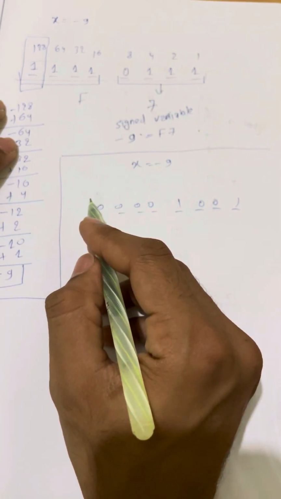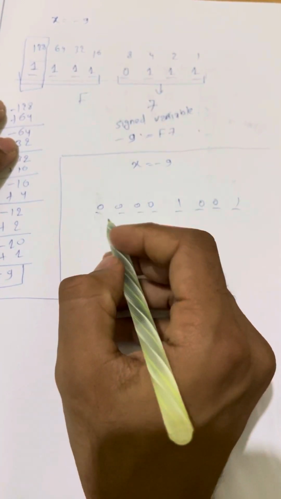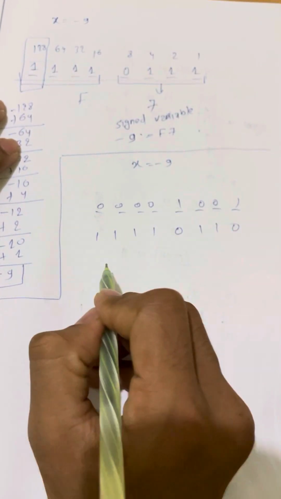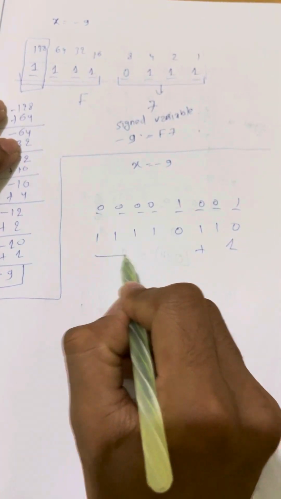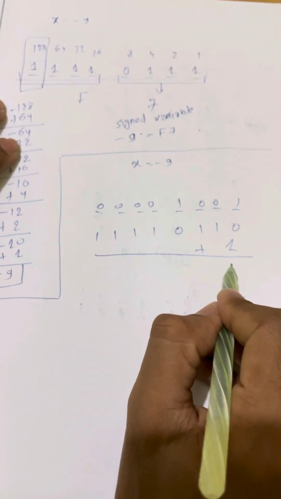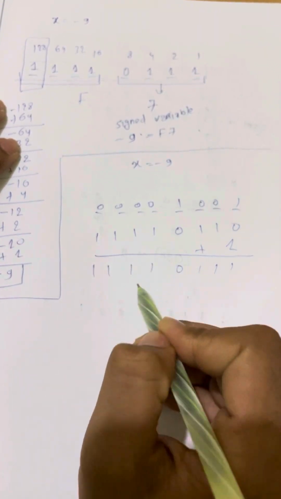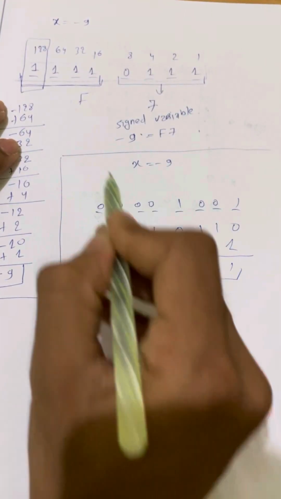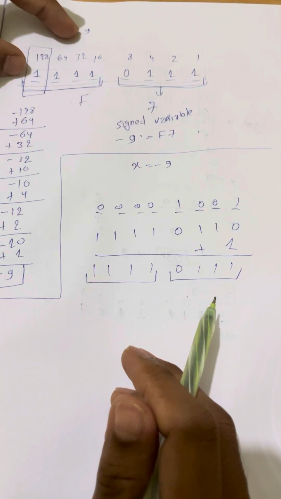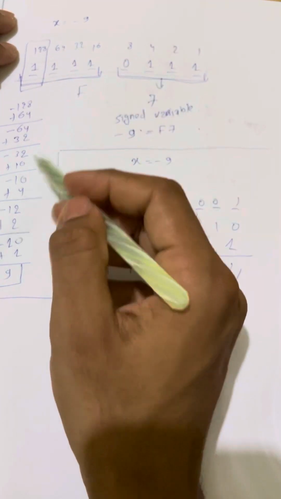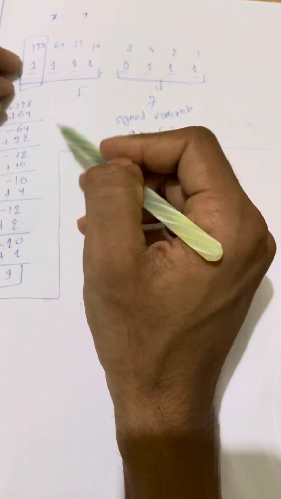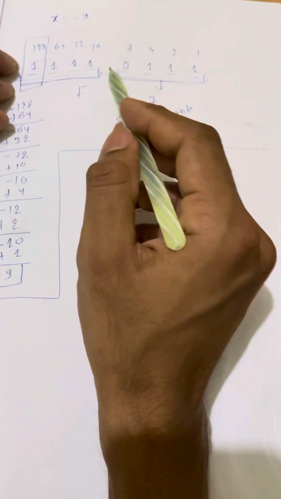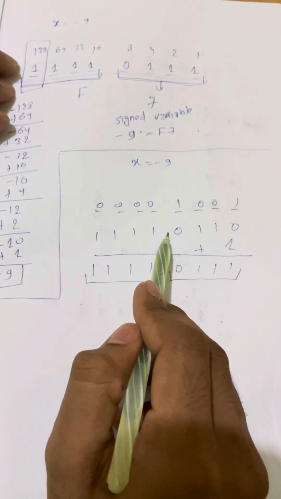So how can we do 2's complement? Invert it, which means we subtract the whole number from 1. I am doing it directly here, so by inverting the result will be this. And now add 1 here. After adding 1, 1 1 1 0 1 1 1 1, you can see this number is similar to the earlier one. This is just a way to calculate our number. It shows how -9 comes, and how we can understand the value of this binary number. In this way, in 2's complement we can represent it.